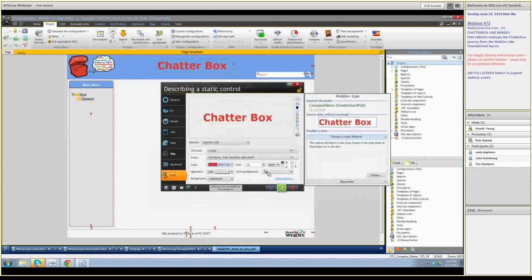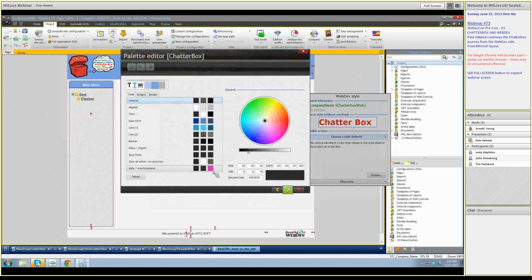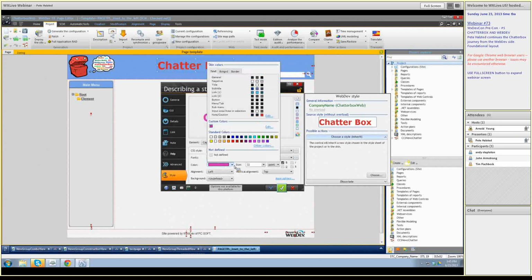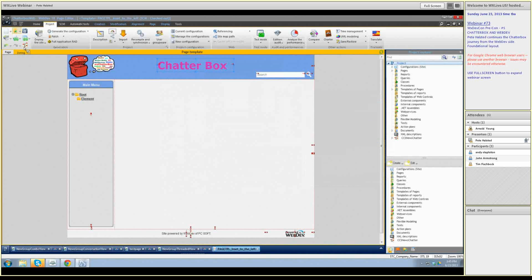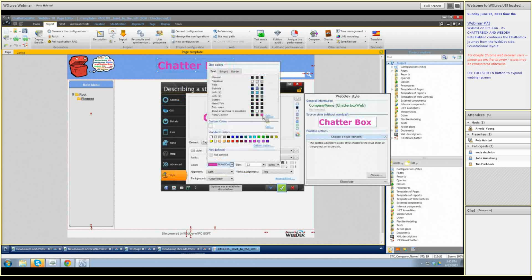Okay, description right here. Yeah, we didn't get the palette changed for some reason. Oh, we got it changed here. ChatterBox palette. And there you go. It's showing the change. But see, it's not showing the change there. I think we're going to have to close the project and reload it to see that. It's very odd. But it changed. Okay, yeah, now it's changed. Now we're seeing the change. We had to kind of get back out and back in a couple of times before it saw, but now